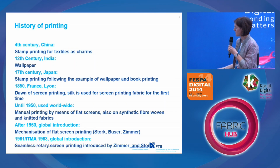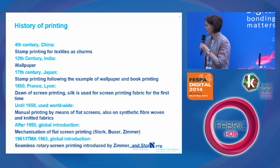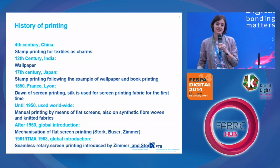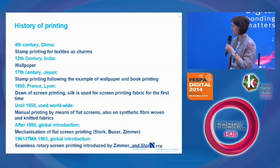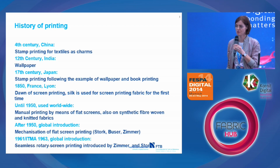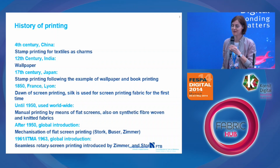The second revolution in textile printing was the introduction of the seamless rotary screen by Zimmer and Stork, ITMA, 1963. So this is what you can say state of the art for today. Most of all textiles are either printed with flat screens or rotary screens. But okay, we also are now